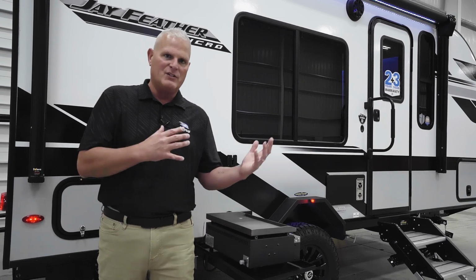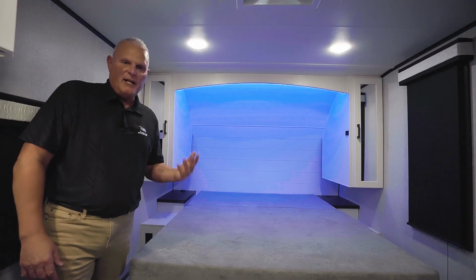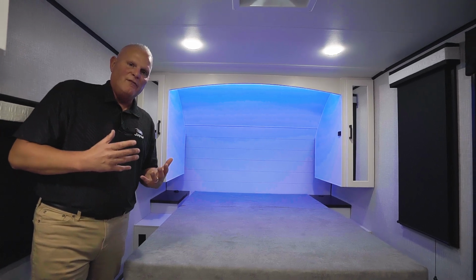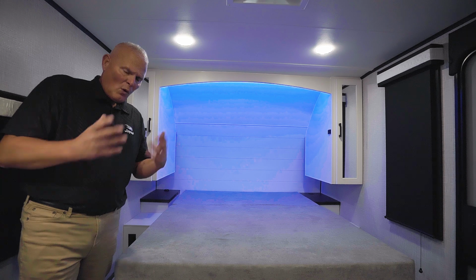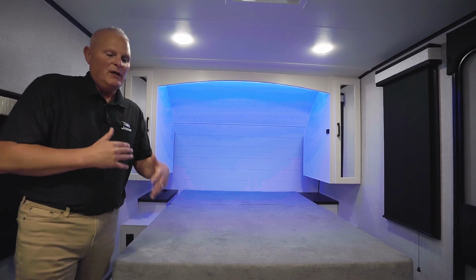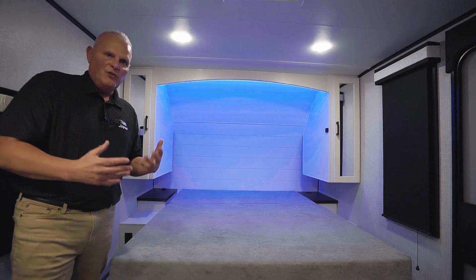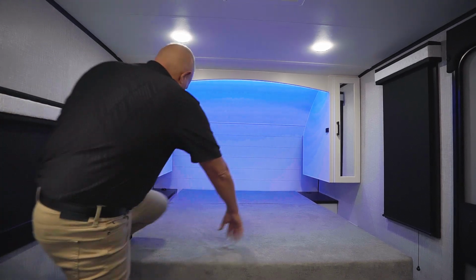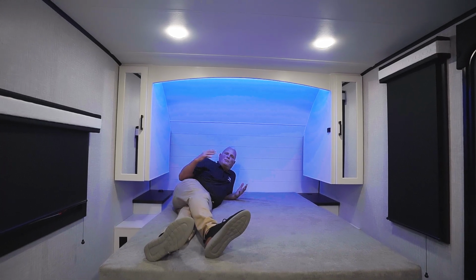Now we're going to step inside and take a look at some of the things we've done there. Now we're standing on the inside of the model year 25 Jayco Jay Feather Micro 173 MRB. We're going to start up here in the front end because one of the things that I'm excited to show you is from model year 24, we've made a major redivision to the front bedroom. So I'm going to crawl into bed here to show you a few things where we took this space where